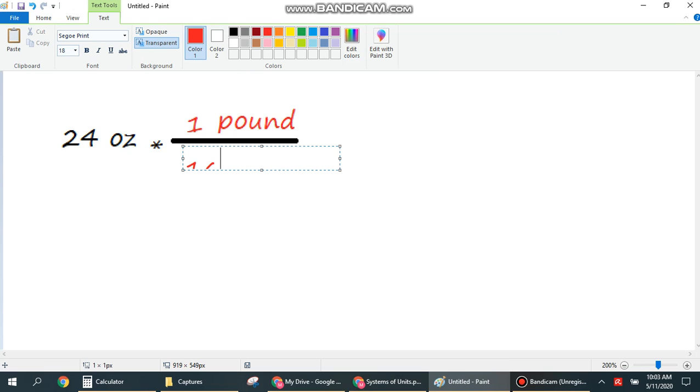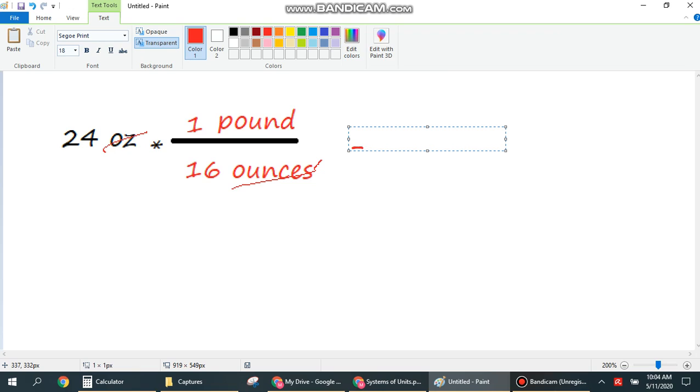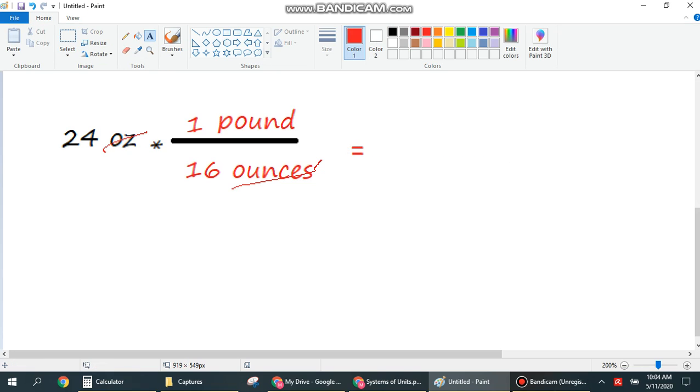And now ounces are going to go at the bottom because I need pounds at the top. That's what I'm converting to. So right now I can cancel ounces and ounces, and my result is going to be equal to 24 times 1